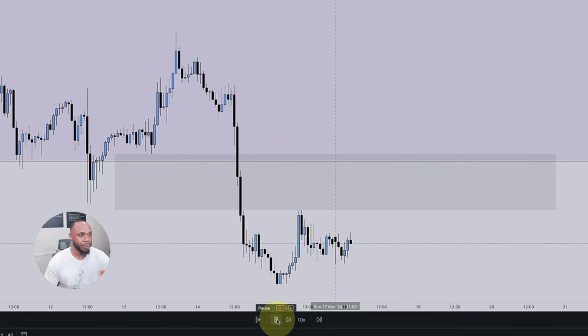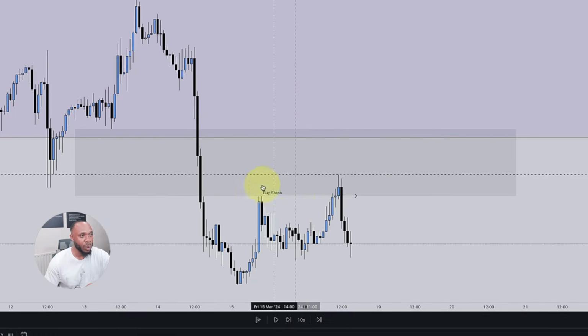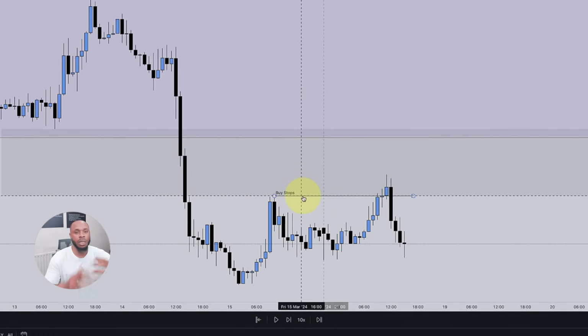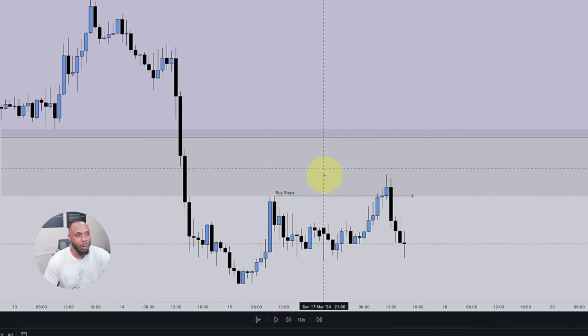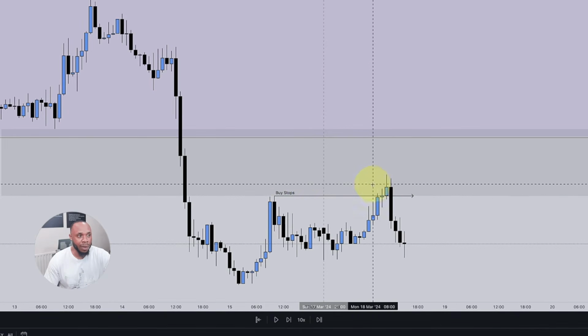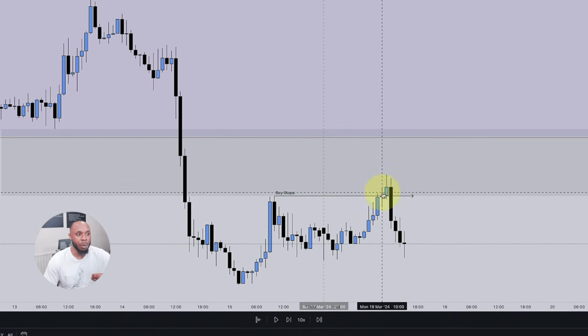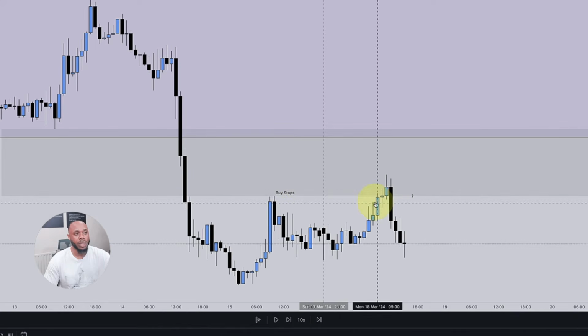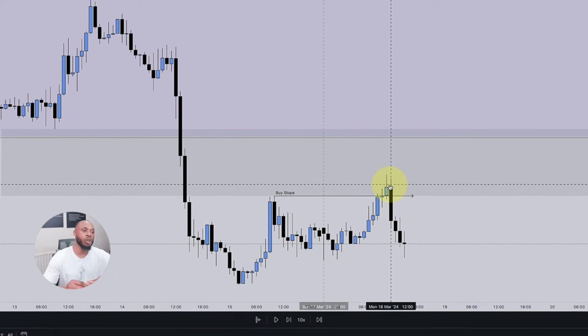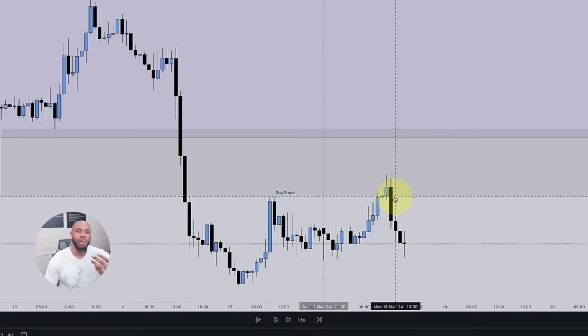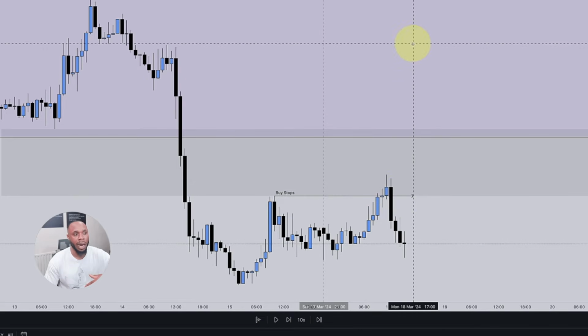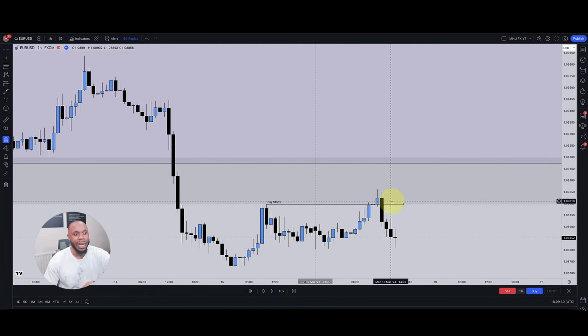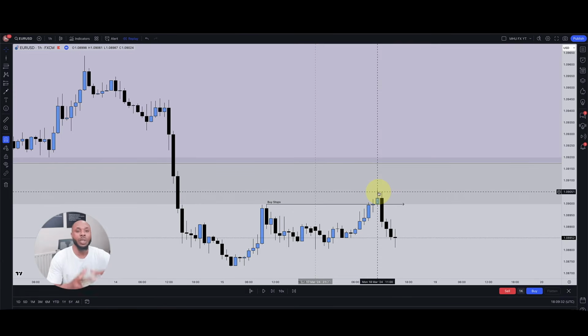So let's hit play. So we run out that liquidity above here. Buy stops is just another word for liquidity. It's just liquidity in this area over here. Activate those buy stops. So we're going to be stopping people out when we run higher above this level, because they think the level is going to hold. I'm also going to be activating people that do breakout buying, who believe price is going to run higher. So that's the whole point. And then in this area here, this is when you're looking to get active.